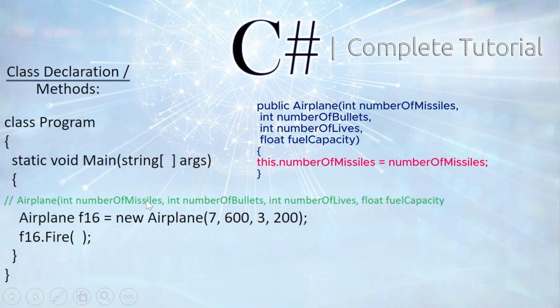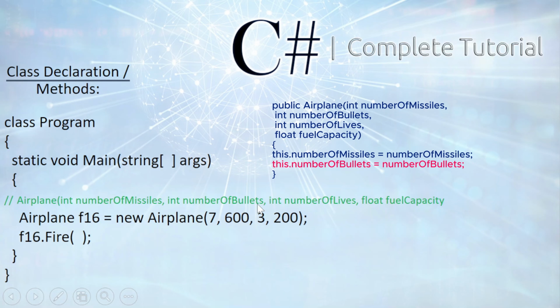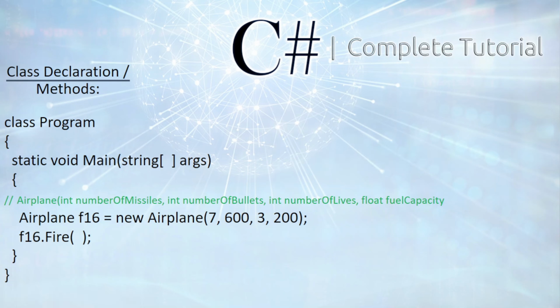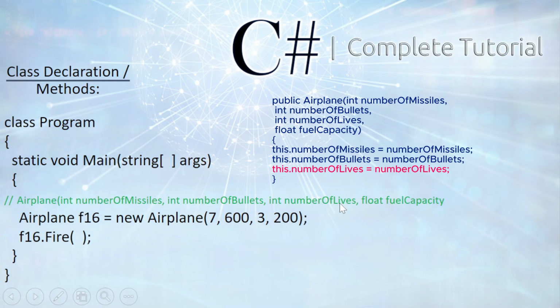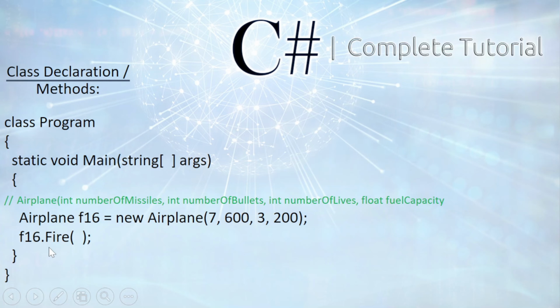So this is the external value that will be assigned to what? To the internal value, to the actual property of the class. Then 600, of course, respectively here. 600 is the number of bullets within the class. So when it takes 600, it will assign it inside the class to the number of bullets declared inside the class, which is the actual property of the class itself. Number of lives 3, float fuel capacity 200. And here we are calling the fire procedure, F16.Fire